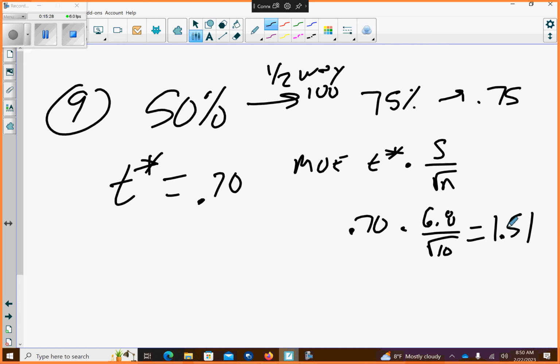Okay. So that means that we are 50% confident that we will go 20.02 plus or minus 1.51